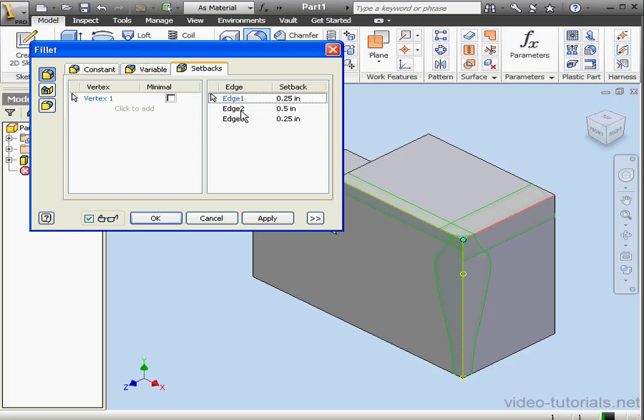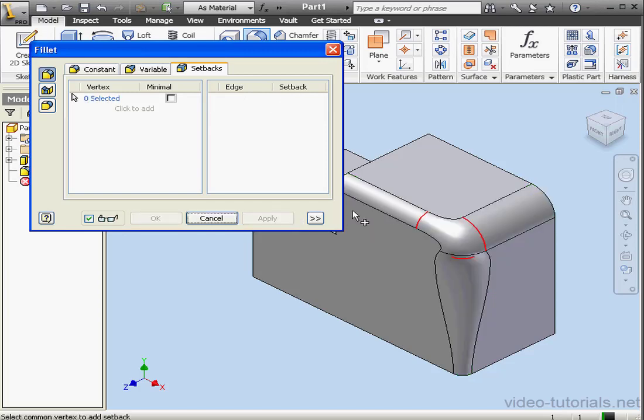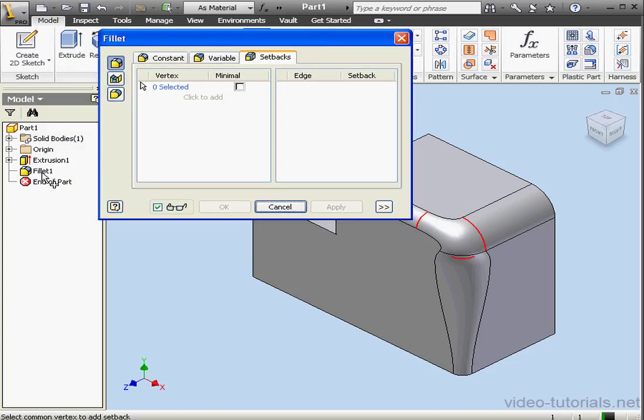OK, when I select the edges in the Fillet editor, you see that they become highlighted in the graphic area, so I know which one I'm selecting. Let's click Apply. And now in the graphic area, we can see how the setbacks look. Let me drag the Fillet editor over a little bit. Fillet 1 has already been added as a feature in my tree, but as you see, the Fillet dialog window